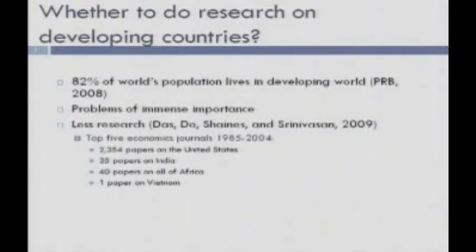But at the same time, there's much less research in the developing world. And here are some statistics from a paper by Doucouliagos, Chen, and Srinivasan. So just hugely more papers on rich countries than poor countries. Turns out, by the way, the U.S. may not be that much of an outlier. This may just be largely explained by a straight GDP relationship. But poor countries have a lot less research on them. Okay.